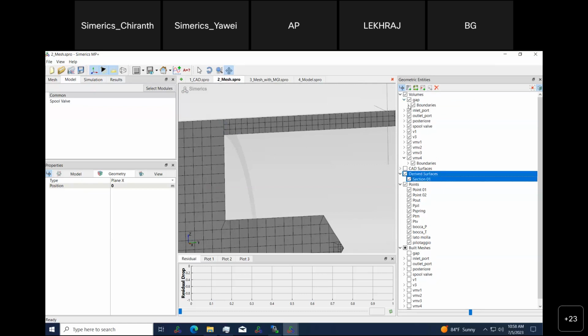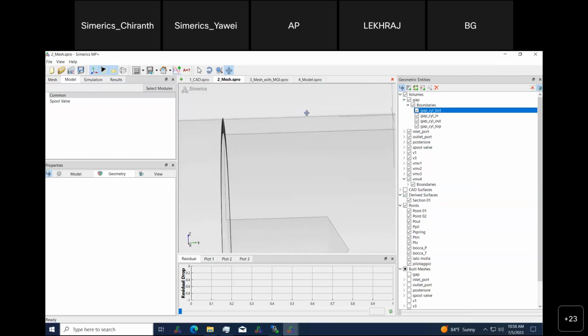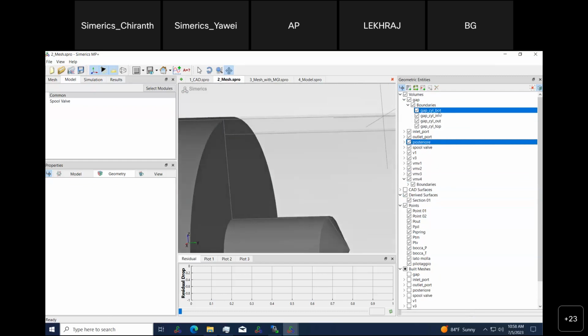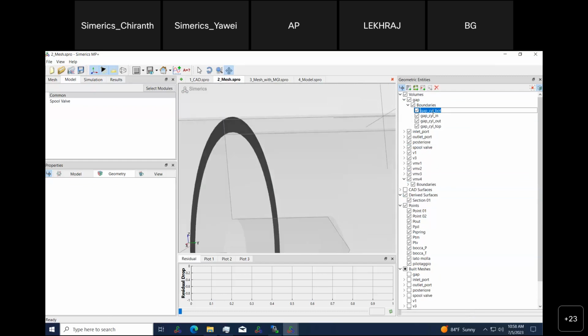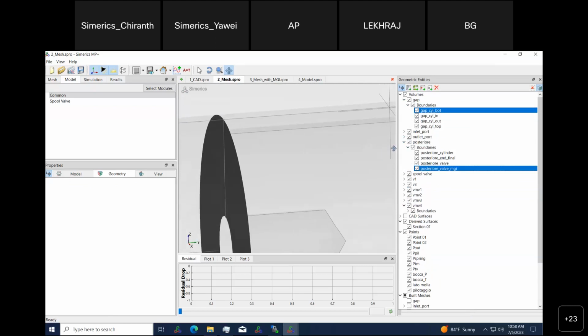For example, for this gap, we have this bottom one, and this bottom is connected with this volume. So what we do is we select this boundary, and then we go to this volume, and we can select this boundary. Right now both boundaries are walls. However,